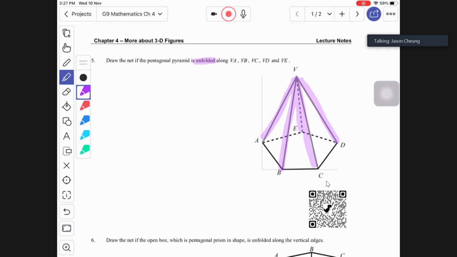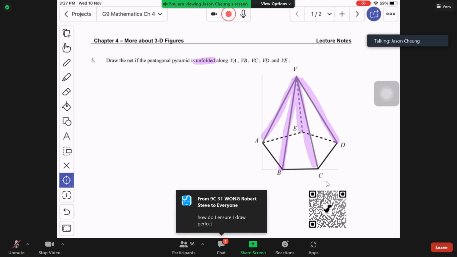But here, I would like to tell you one thing. That is, for this one, we have only one answer, because the question has already restricted you. 佢限制咗你做咩咧？ To unfold along these 5 lengths, these 5 sides. Unfold 呢5個 side 即係話佢展開呢5個 side, which means that you can try to think of it like this. This side, this side, this side, this side, and this side. These 5 sides have been cut. 嗰啲係 cut 咗嘅。You can try to think of it like this. Cut 開咗呢五條邊嘅。